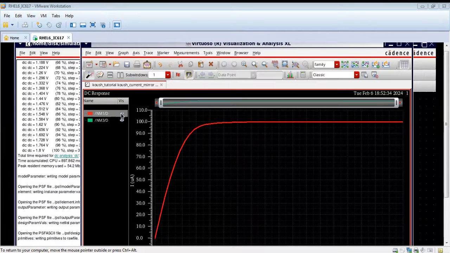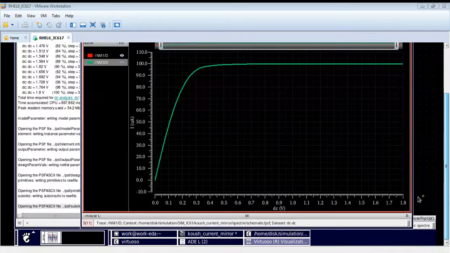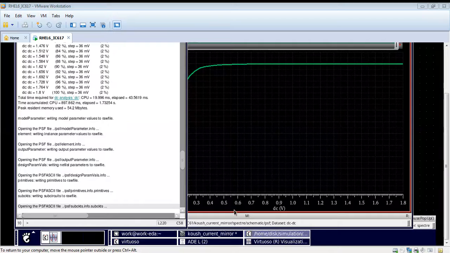Now we will plot the region of operation. I will be plotting the region of operation for the above NMOS because that is the main FET that we have to consider. You can verify it for the below NMOS as well. I have already told you the method, and I will demonstrate how to find the region of operation.